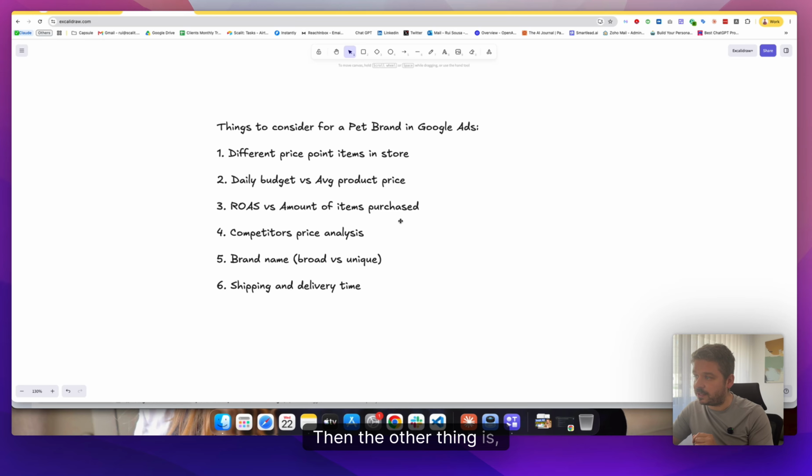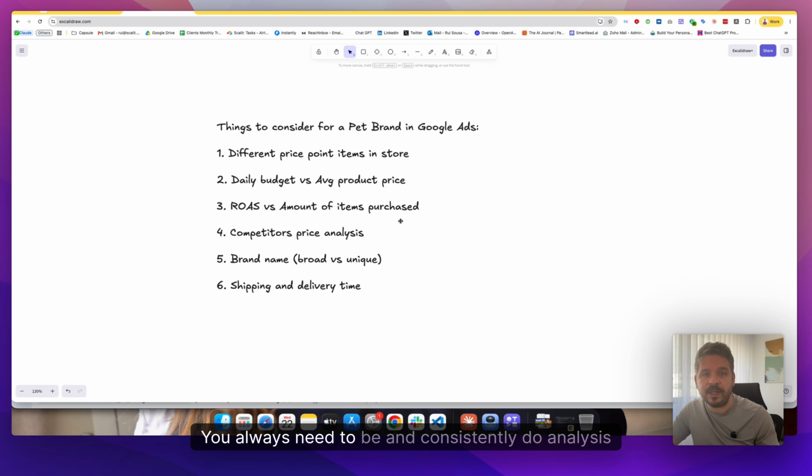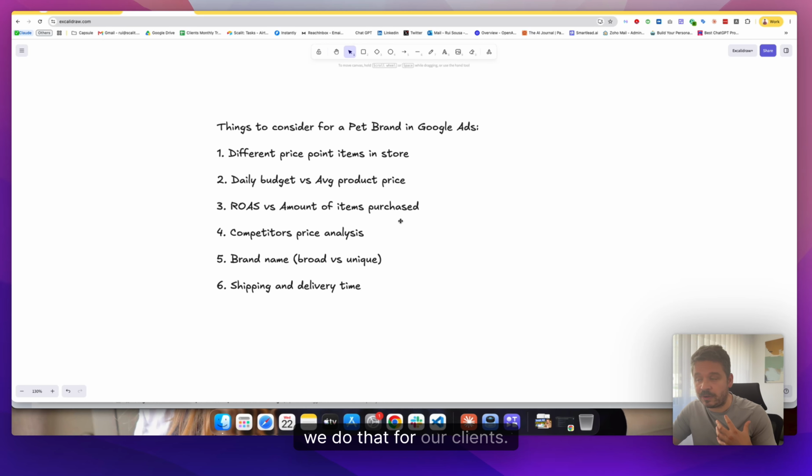Then the other thing, and I will blend the last 3: competitors. Of course, that's super important. You always need to consistently analyze your competitors. Okay, guys, we do that for our clients. You need to understand their price point, what they are doing, and the discounts they offer, because